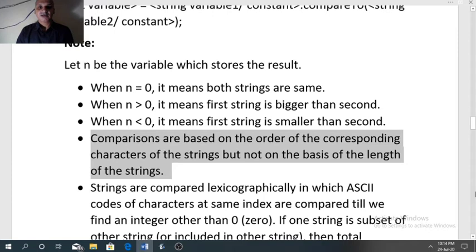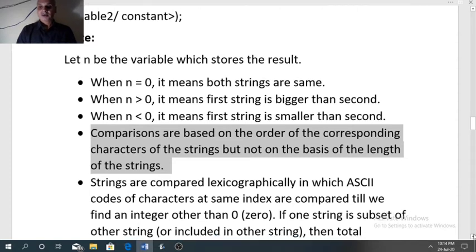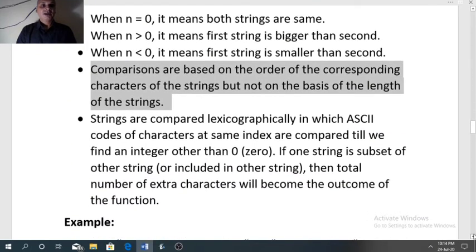That does not matter. What matters is the ASCII code of characters at same index positions from both the strings. Now see how comparison is done.